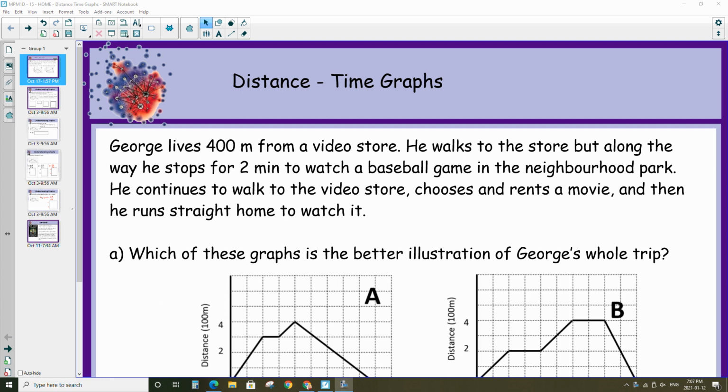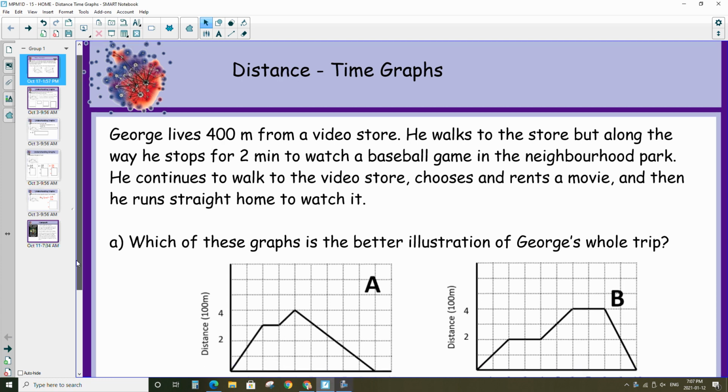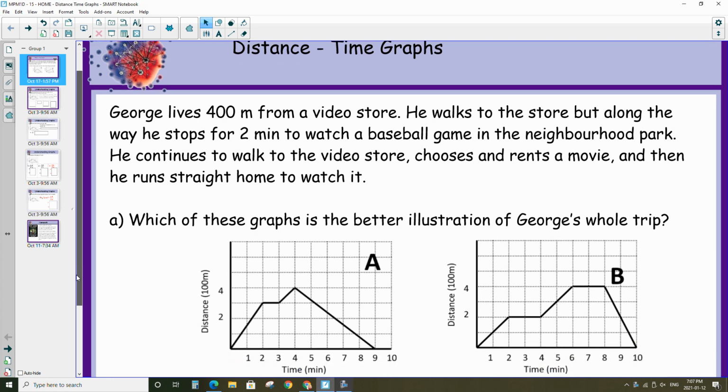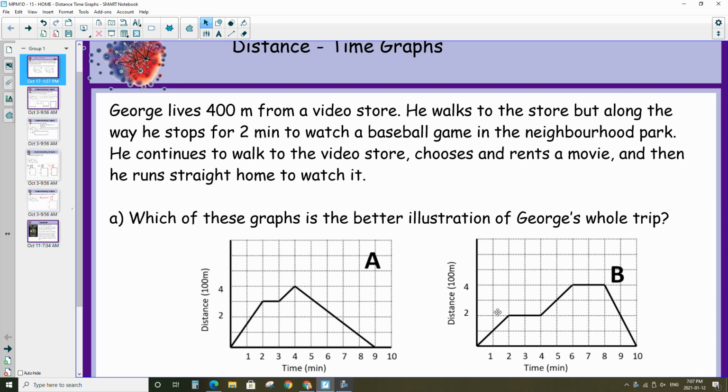Hi everyone. So today you're working on your home lesson number 15 and you're going to be looking at distance time graphs. So we've done some graphing already. We have looked at similar graphs to these. We're just going to take it a little bit further today. So let's look at these two graphs at the bottom here, A and B, and let's see which of these